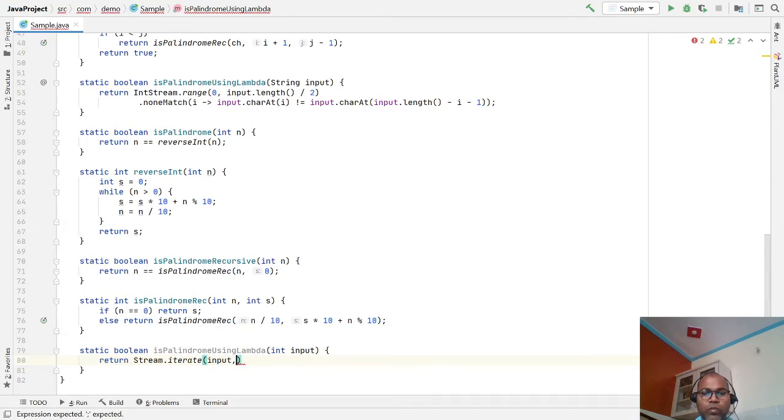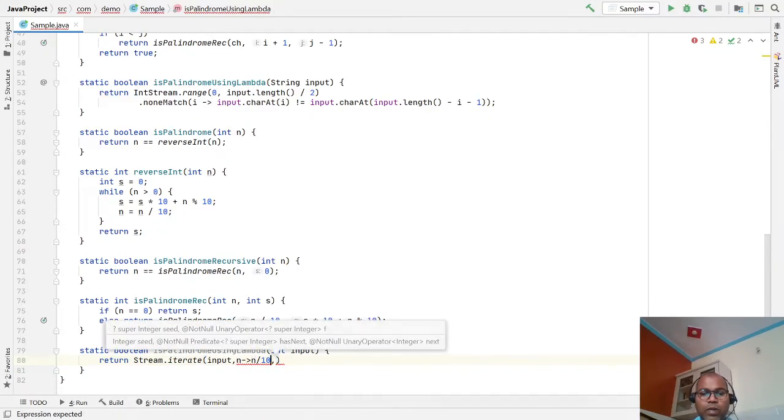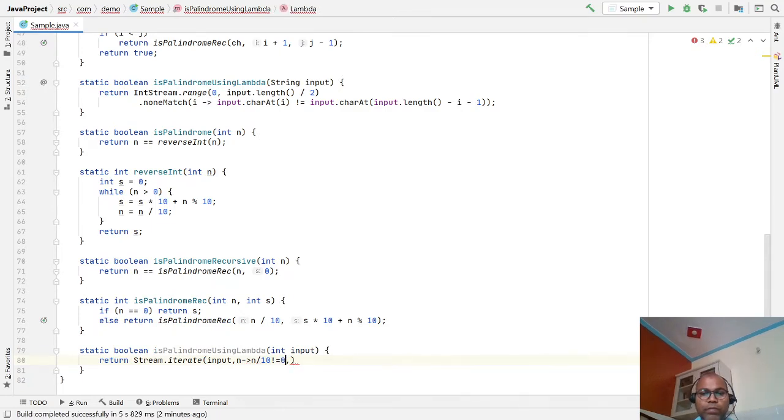So I am going to take the number till number modulo 10, and then second, not equal to 0, and then third you have to make... oh sorry, this is the third. Second we have to...